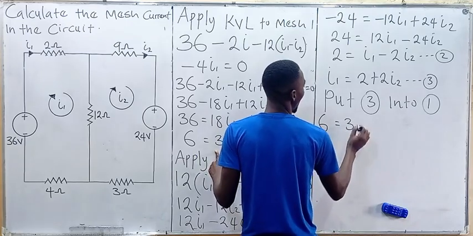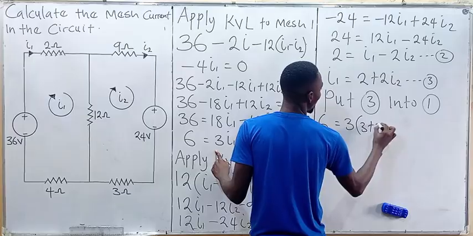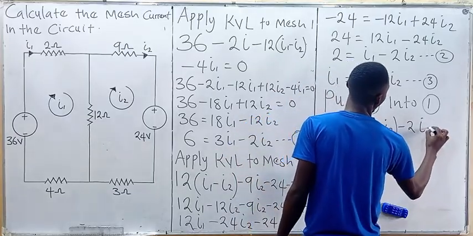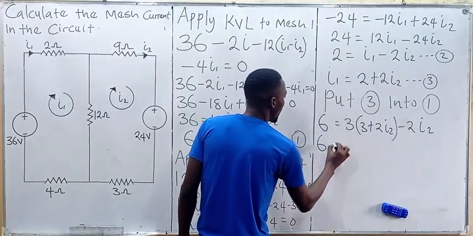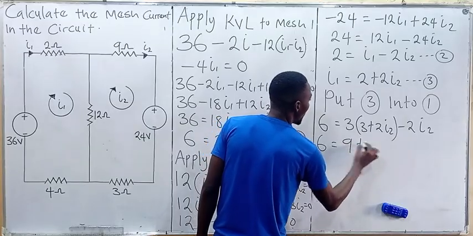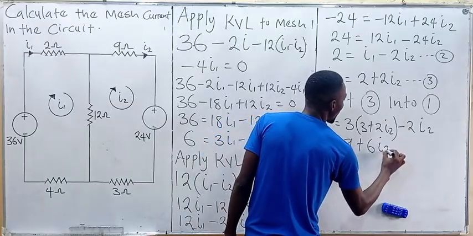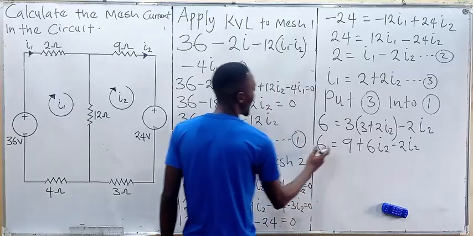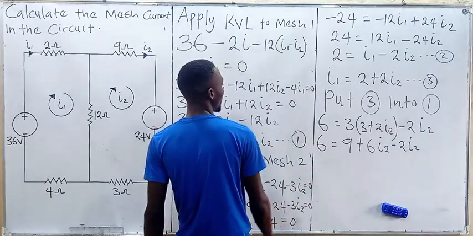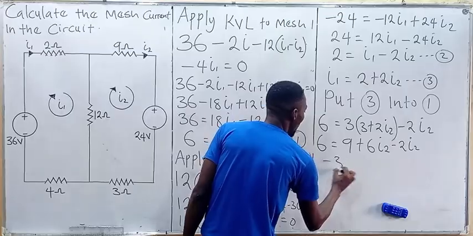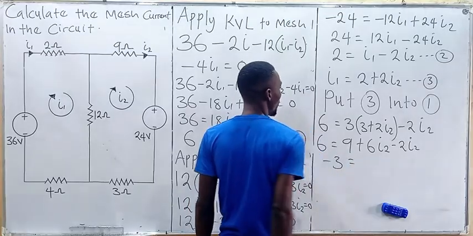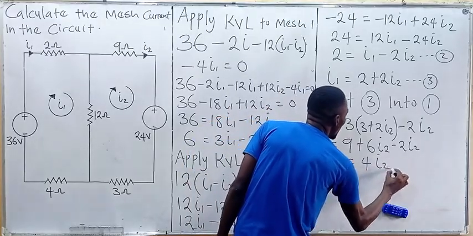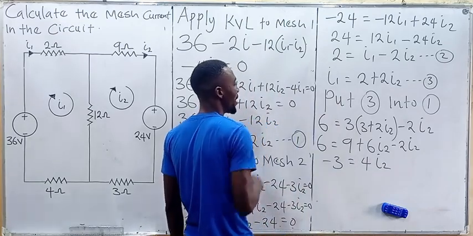Let's just substitute for I1. So it's going to be 3 times (2 plus 2I2), then minus 2I2. So 6 will be equal to 3 times 2 is 6, plus 3 times 2I2 is 6I2, minus 2I2. So if we collect like terms, 6 minus 9, that's going to give us minus 3 equal to 6 minus 2, which is 4. So we're going to have this to be 4I2. So if we divide both sides by 4,